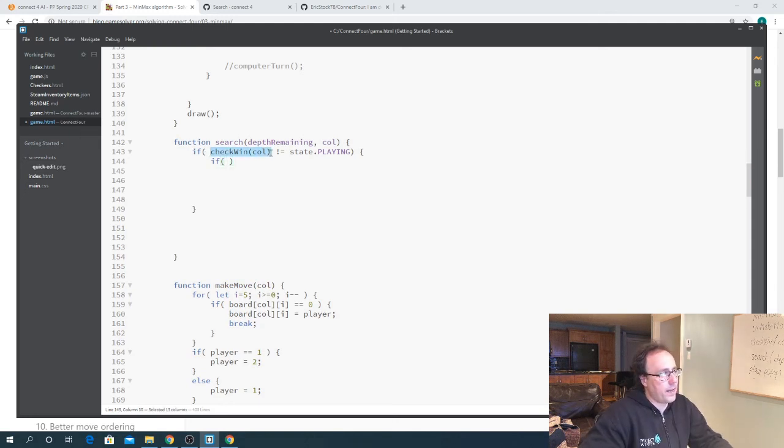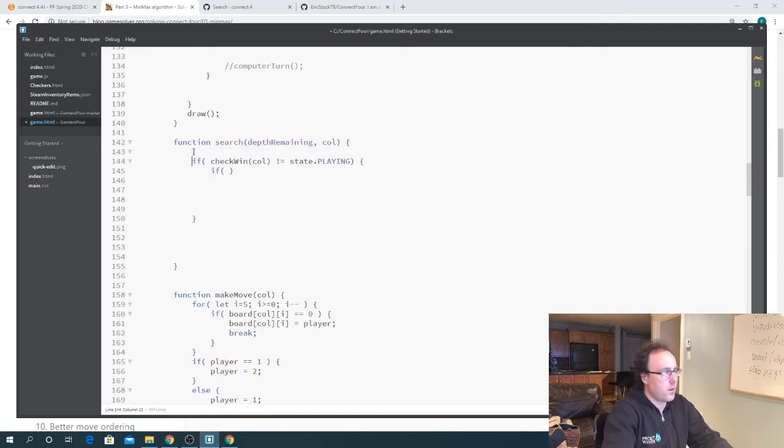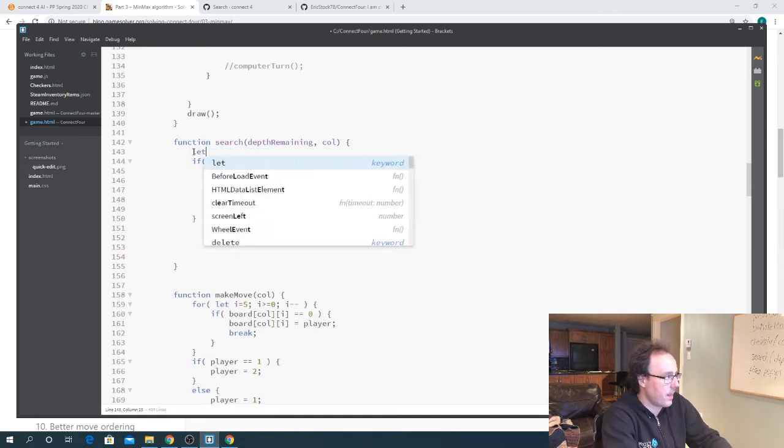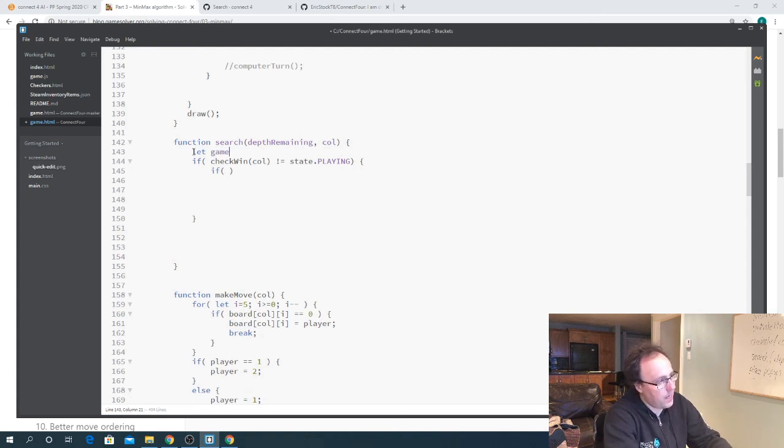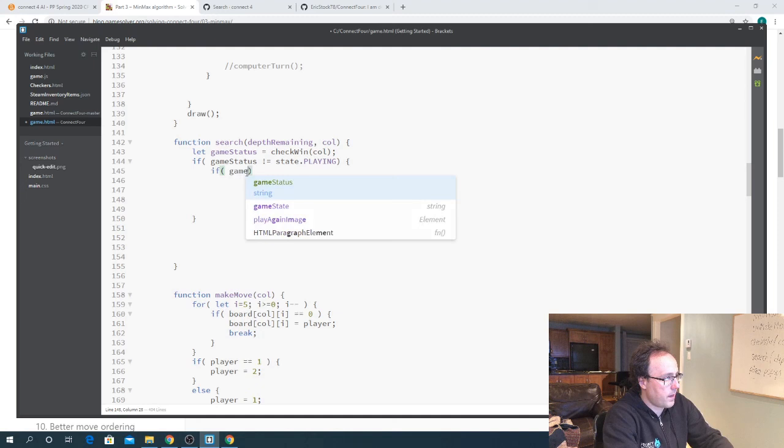I could call check win again, but that's a heavy function. So what I'm gonna do instead to make my program run a bit faster, I'm gonna cache this. So I'm gonna say let game status equal check win column. If game status is not equal to playing, then I come in here and basically I say if game status